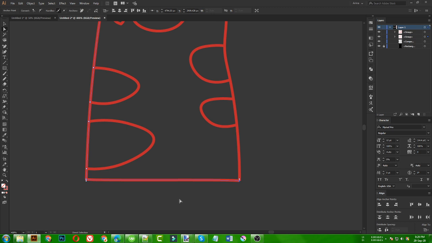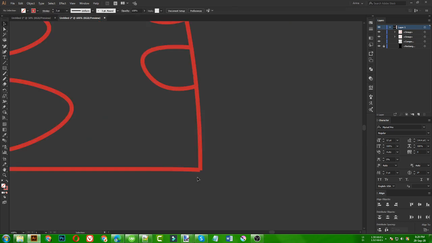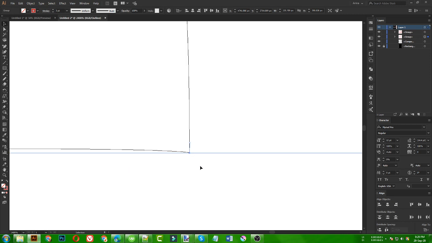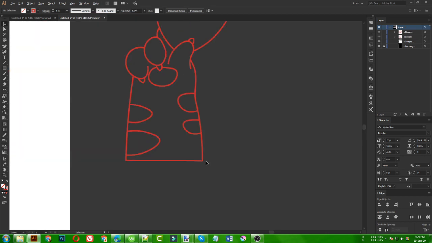So just like this. Okay, for this one here, that is actually not a problem. I can see it on the outline view. You can see they are perfectly matching each other. So that's okay for me, because I needed a closed path vector.